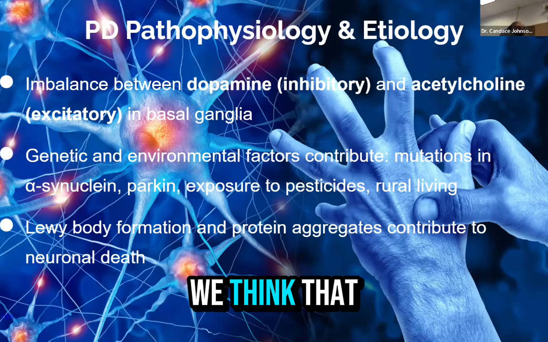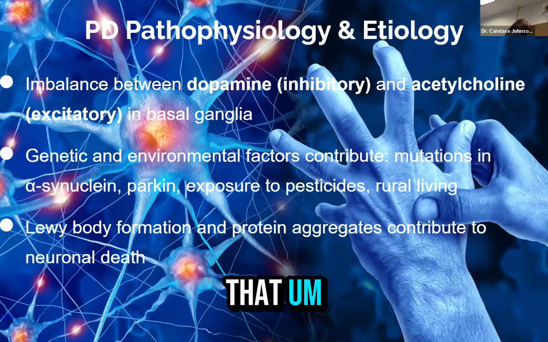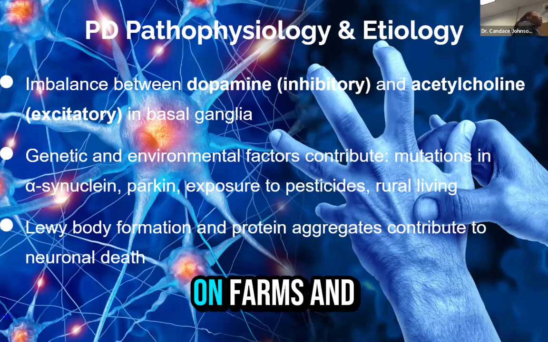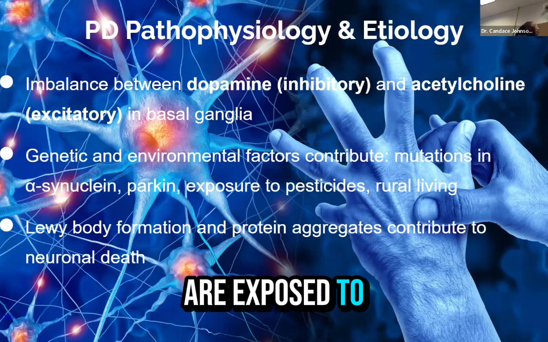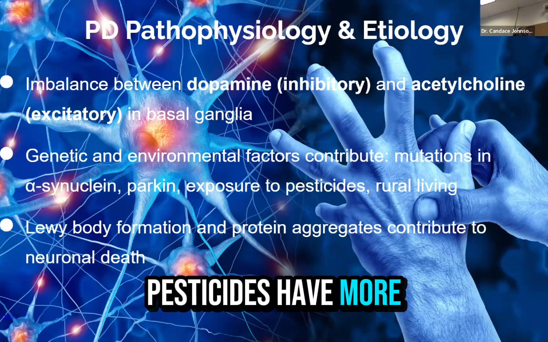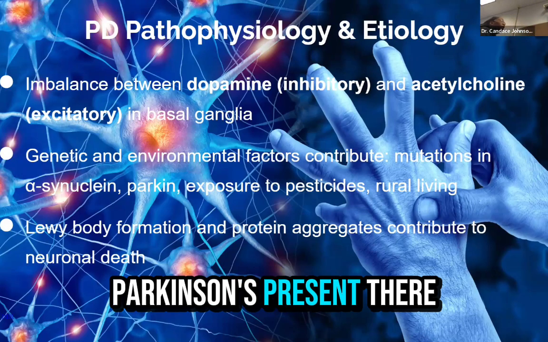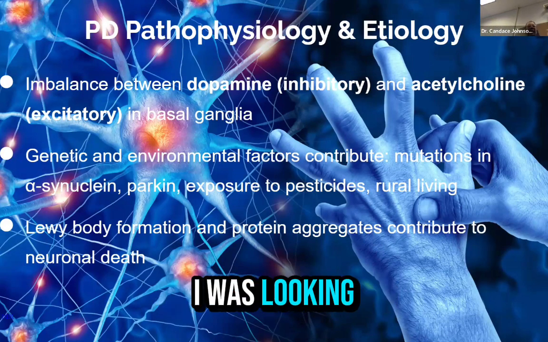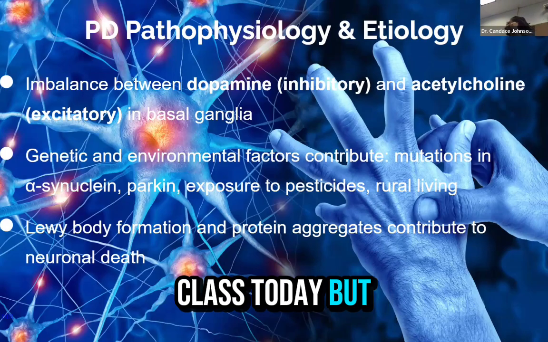We think that there are environmental factors at play. For example, folks who live on farms and are exposed to pesticides have more prevalence of PD. All right, there's more Parkinson's present there. But we also see that this was something I was looking at and didn't find in the literature that I was using to research class today, but